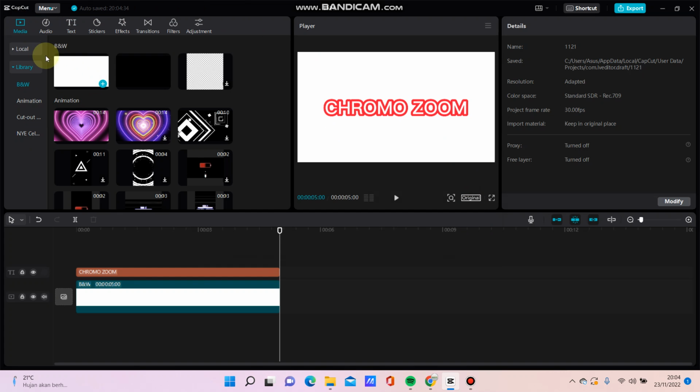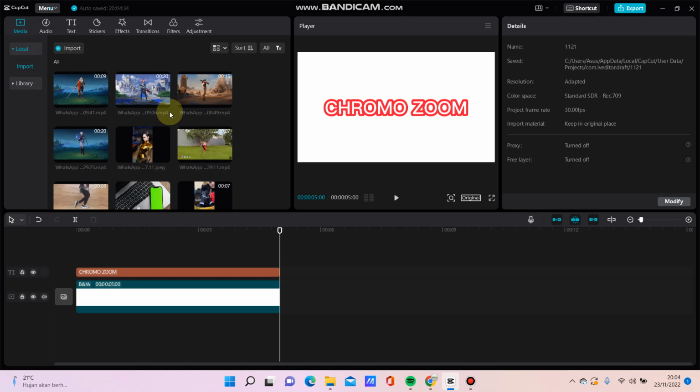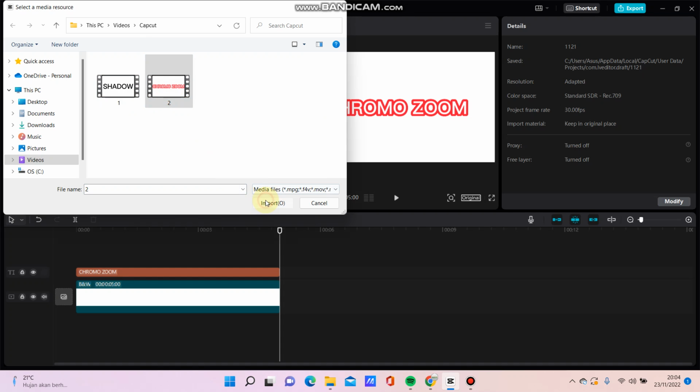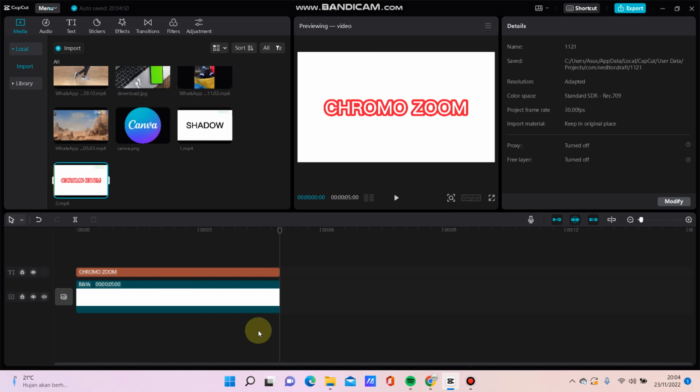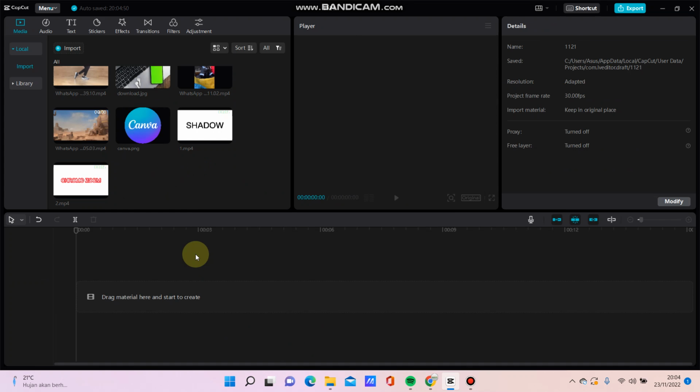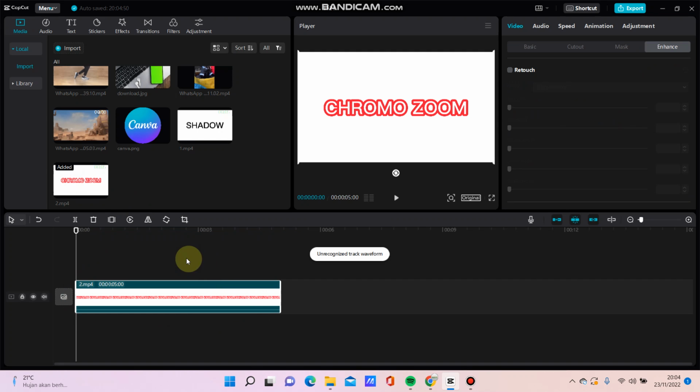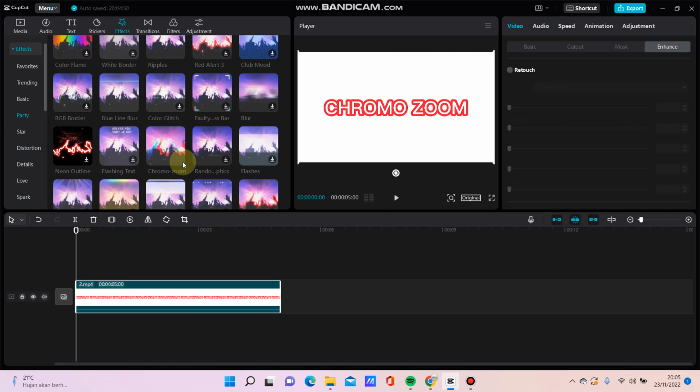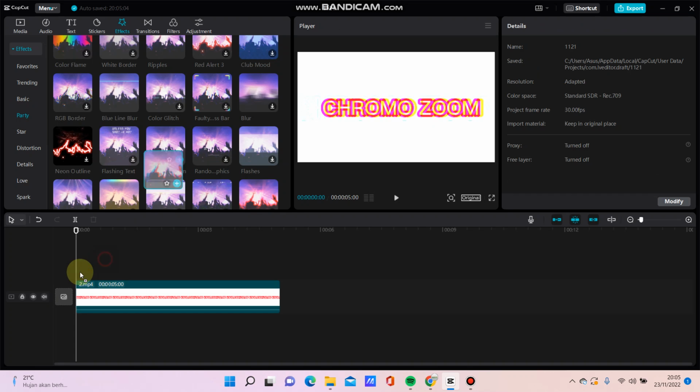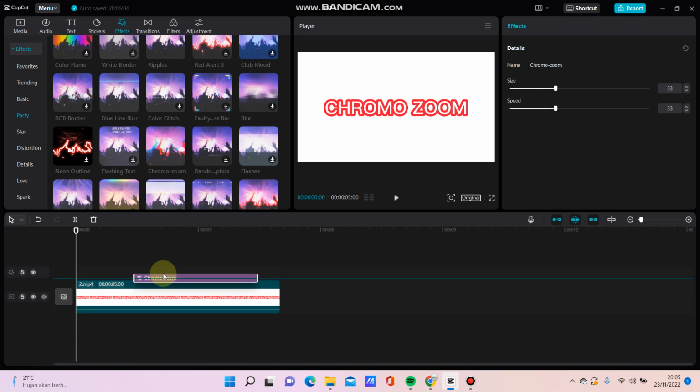Go to media and import that's created, and delete this project and drag here that's created, and then just click effect, and you can find chrome effect in party effect. So just drag here, and you can just put the position like this,